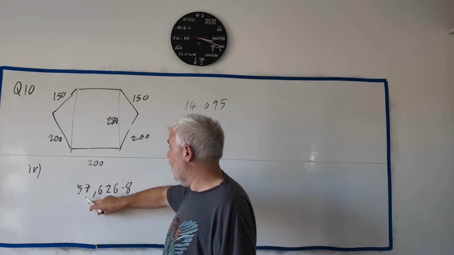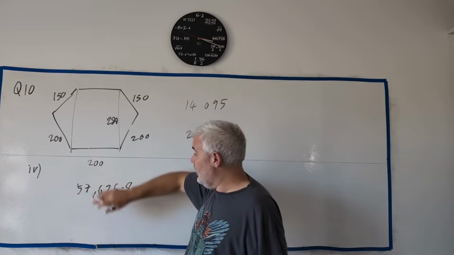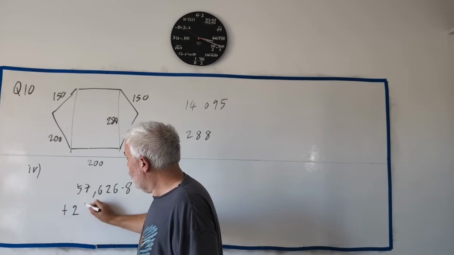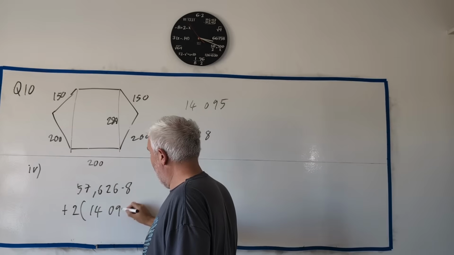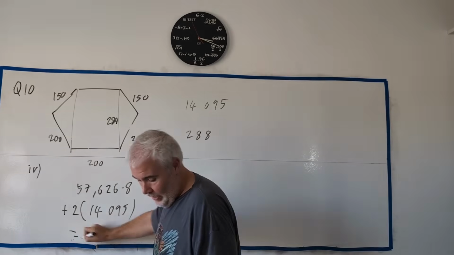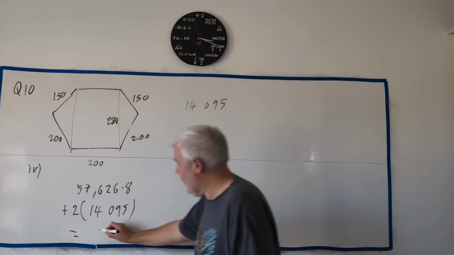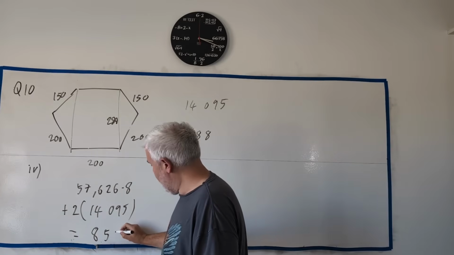So the total area is this rectangle in the middle, 57,000, plus 2 times this 14,095. That total answer then comes out as rounded to the nearest